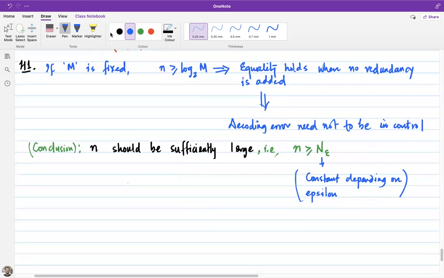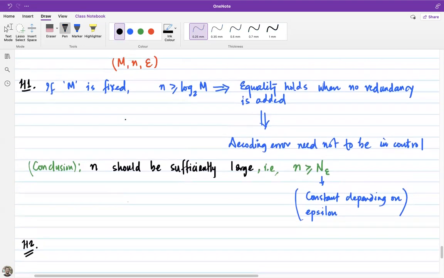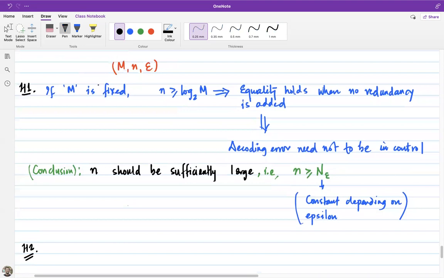Then the second one is also very important. It says that suppose now you have fixed your redundancy. You recall that we have three quantities here, m, n, and epsilon. In H1 we fixed m. Now this time we'll fix n. Then what can we say? So if n is fixed,